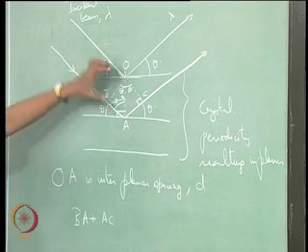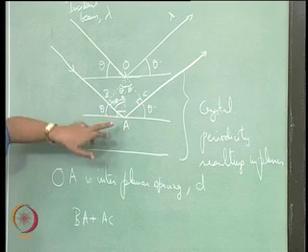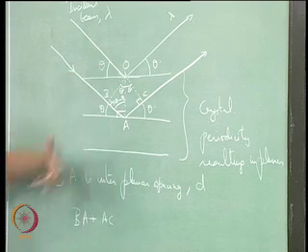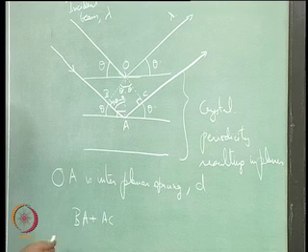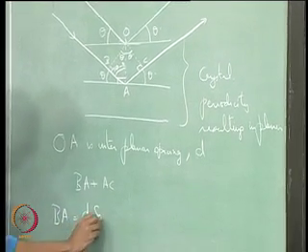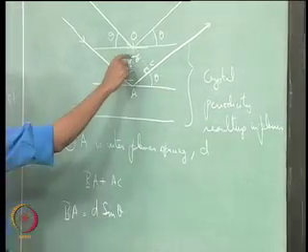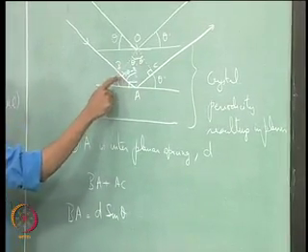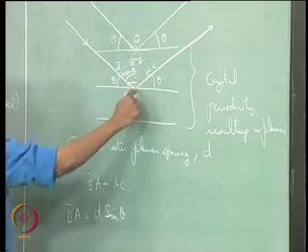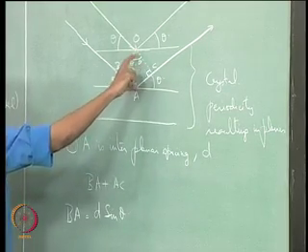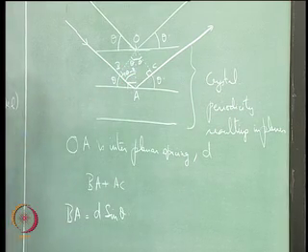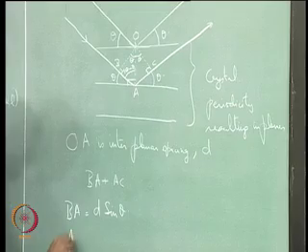So if you say this is D, which is OA, the planar spacing D, then AB is simply D sin theta. That is a straightforward trigonometric relationship. So BA equals D sin theta, that is theta, and so D sin theta would give us this distance, and similarly D sin theta would also give us this distance, because it is the same relationship here. This is D and sin theta of that would bring it here. So similarly AC is also D sin theta,